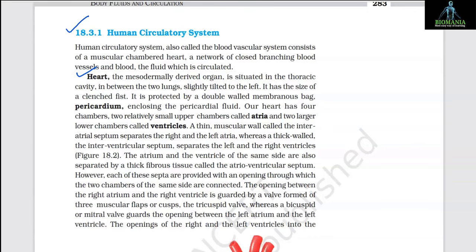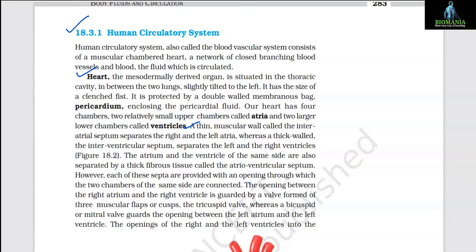Enclosing the pericardial fluid, our heart has four chambers: two relatively small upper chambers called atria and two larger lower chambers called ventricles. A thin muscular wall called the interatrial septum separates the right and the left atria, whereas a thick-walled intraventricular septum separates the left and the right ventricles. The atrium and the ventricle of the same side are also separated by a thick fibrous tissue called the atrioventricular septum. However, each of these septa is provided with an opening through which the two chambers of the same side